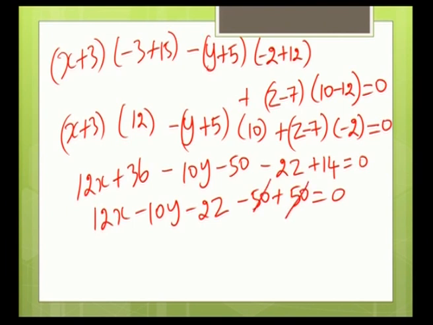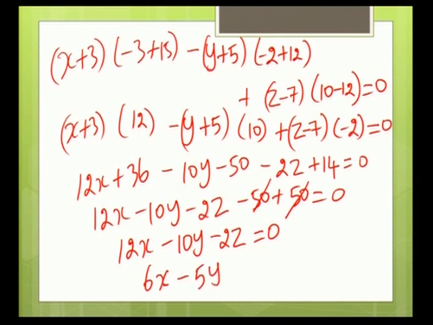This 50 and this 50 get cancelled. So, the resultant equation is 12x minus 10y minus 2z is equal to 0. Further simplification of this gives 6x minus 5y minus z is equal to 0,